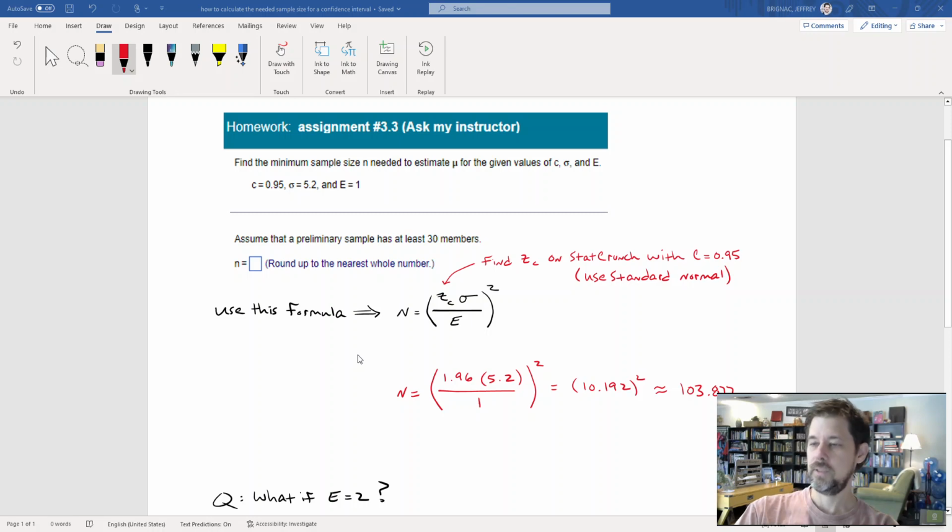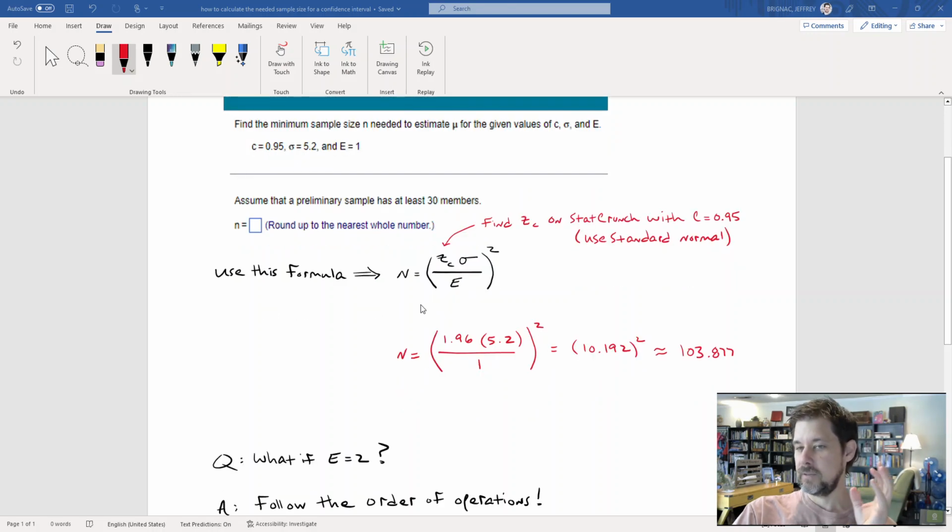Well, hello everybody. Got this question yesterday from MyMathLab about how to find the minimum sample size needed for a confidence interval. It's not too hard for me to show you how to do this, but I feel like I should give you some background information rather than just jump in and work it. It just doesn't seem right for me to tell you, well, here's what you do: you use this formula,